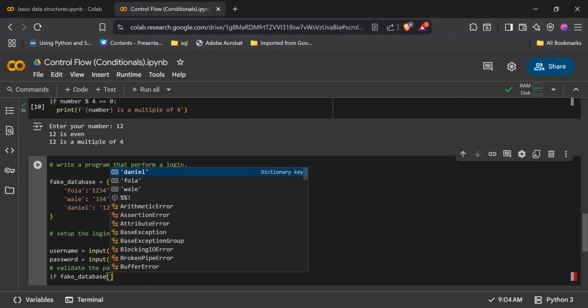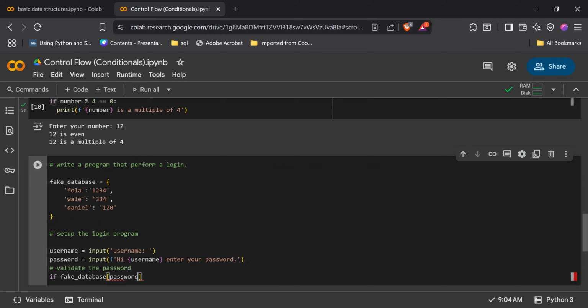Whenever I want to access a particular value in a dictionary, if you still remember, we are going to use the key. So if they pass in Fola, we say if fake database Fola equals the password that they give us,